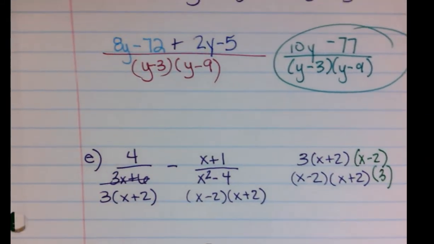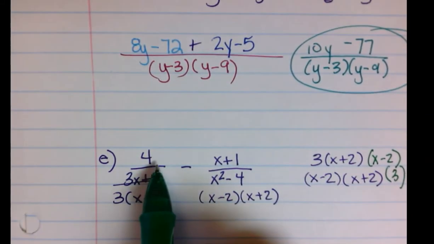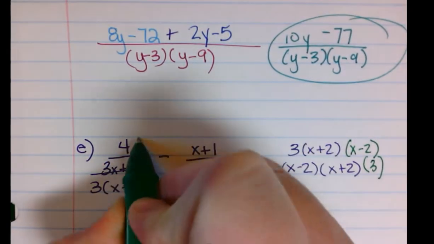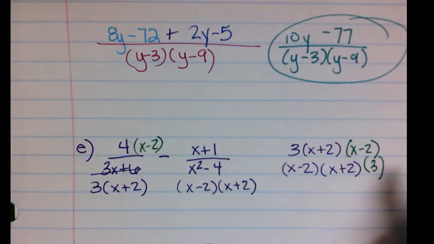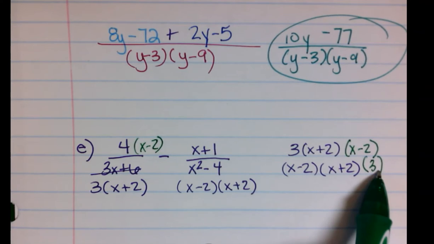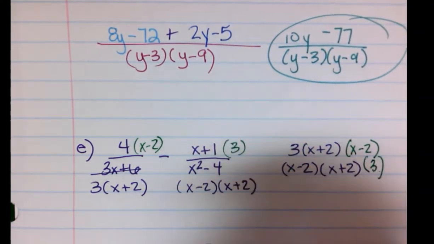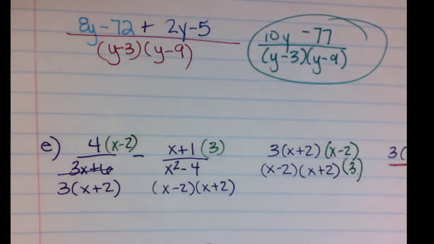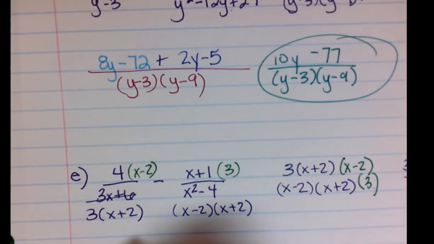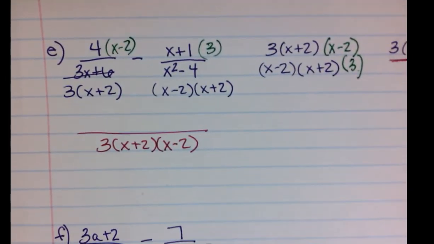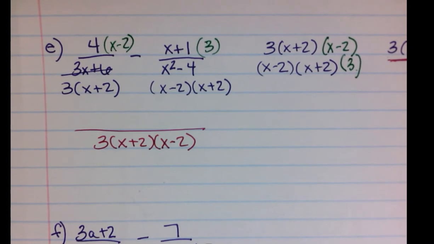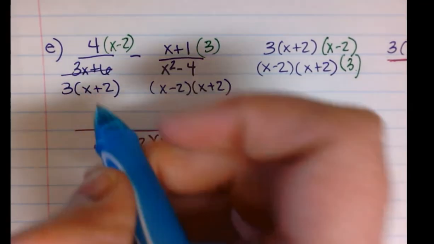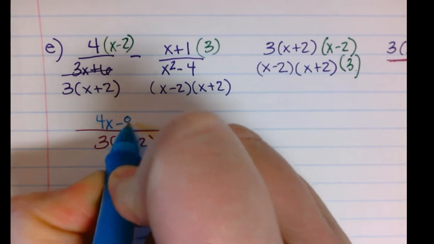So, what I'm going to do is on the left fraction, I'm going to multiply by x minus 2 on the top. And by the right fraction, I'm going to multiply by the 3 on top. The denominator, because I'm doing this, once again, is just going to become this part here. So, I'm going to write down 3 times x plus 2, x minus 2. Oops, can't see that, I apologize. On the denominator, then I'm going to multiply. So on the left side, 4 times x is 4x, minus 8,